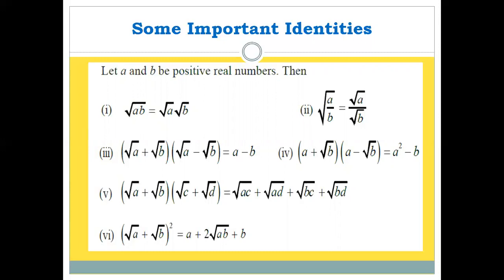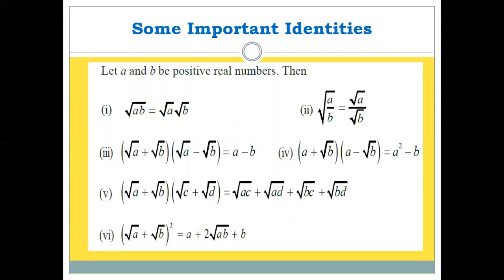So this is the case of the second identity, you can see the division of two real numbers A and B under root. We can take the numbers separately with root. So root A can be divided by root B. So here we have the same result. So these are the identities, very important to understand and to utilize to solve the questions of exercise 1.5.